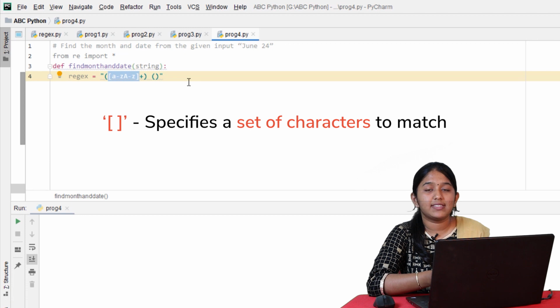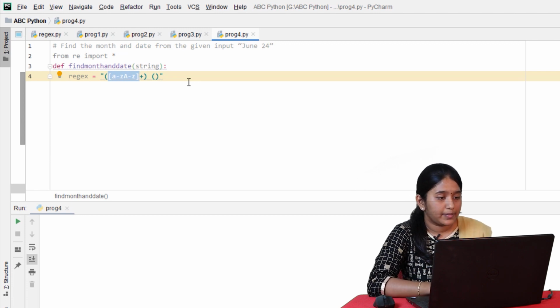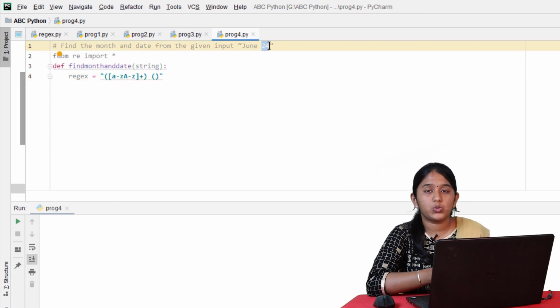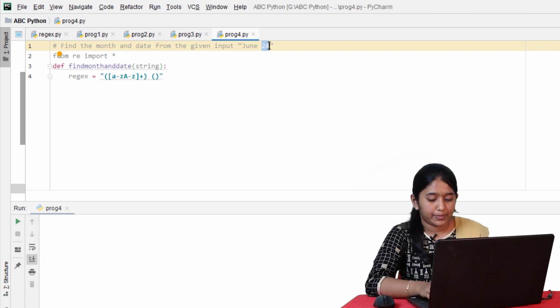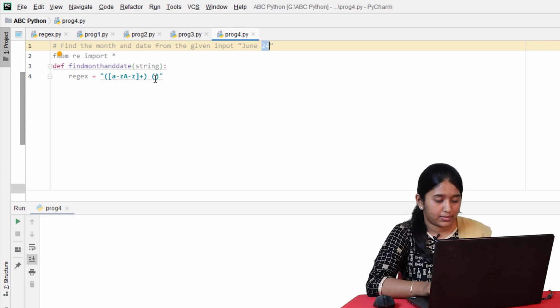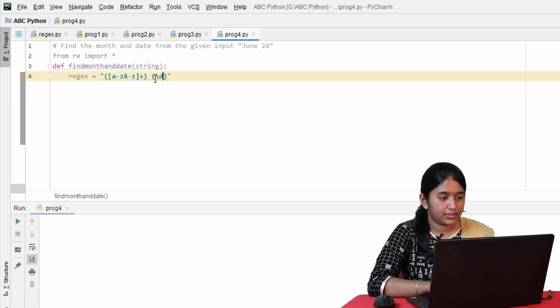The square brackets are used to specify a set of characters that has to be searched. In the second word, it is 24. It can be mentioned by the special sequence \d, followed by a plus.